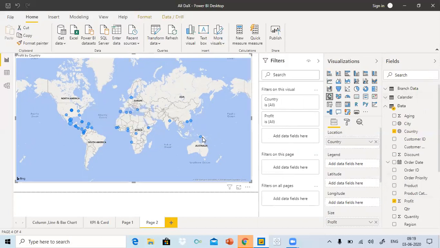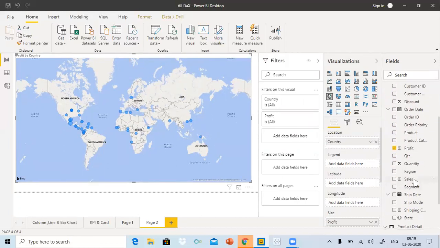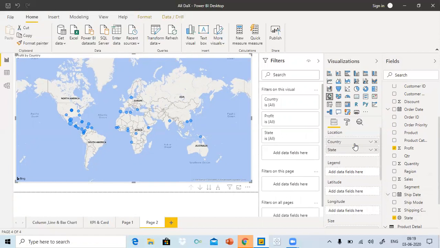Now what will happen if I wanted to see only one country like India? But before that, I will add one more heading like state, where it is. Yes, this one. If I bring this inside this location, we all know that when we expand this, I'll get the information. But apart from all the countries' information and their states, I don't want to display it. I just want to see the data from the country India.